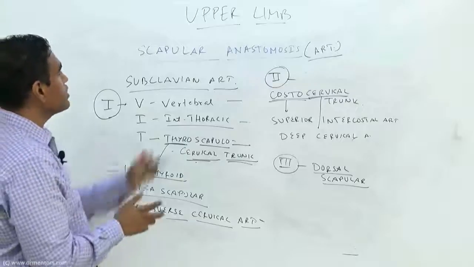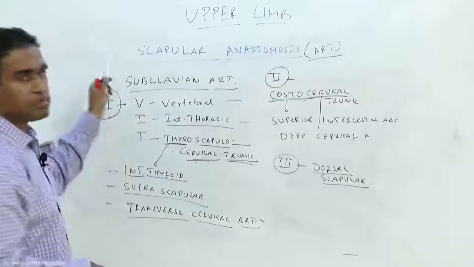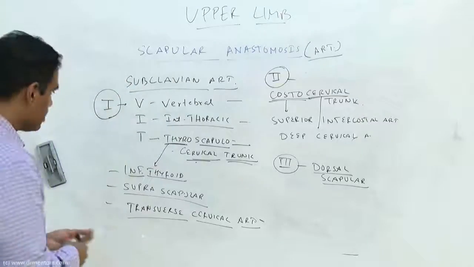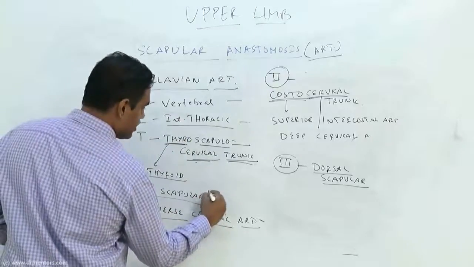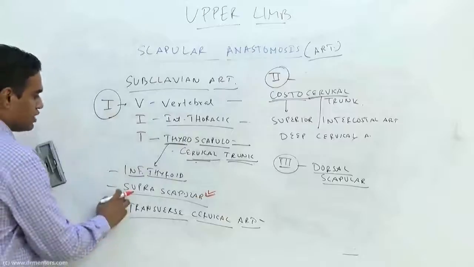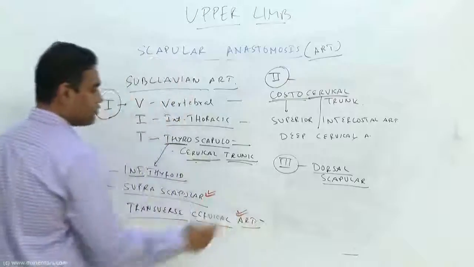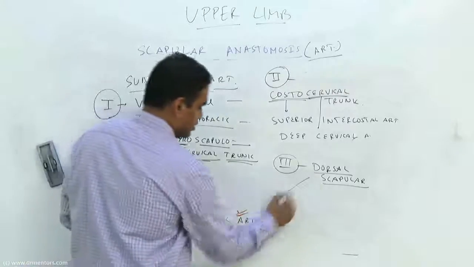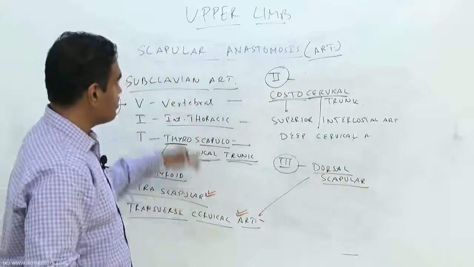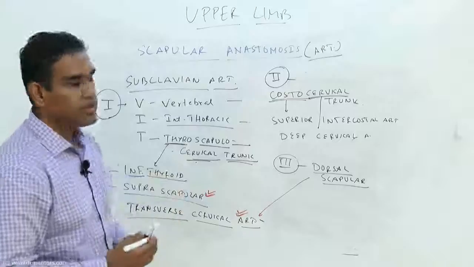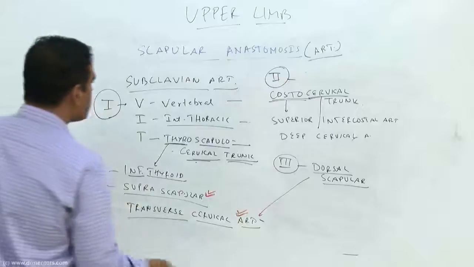Remember, the topic we are doing is scapular anastomosis. Basically the anastomosis was between the branches from the first part of subclavian artery. So out of these first part branches, the main ones that participate in the scapular anastomosis are our suprascapular, and then the transverse cervical, out of which the dorsal scapular branch, if it is not arising separately from the third part. These are the branches coming from the first part of subclavian which will take part in the scapular anastomosis. Moving on from here, if we look at the axillary artery,